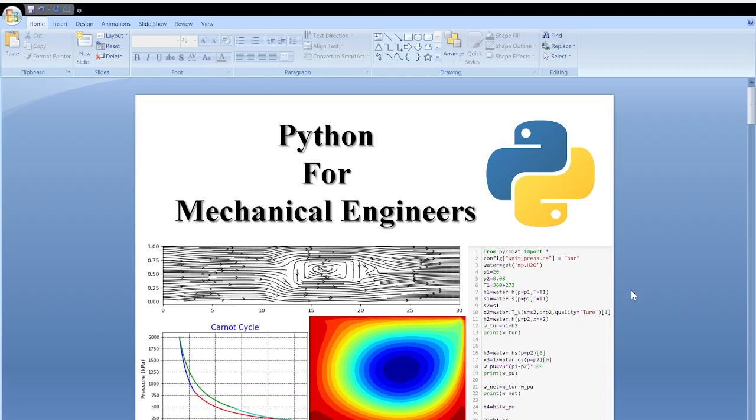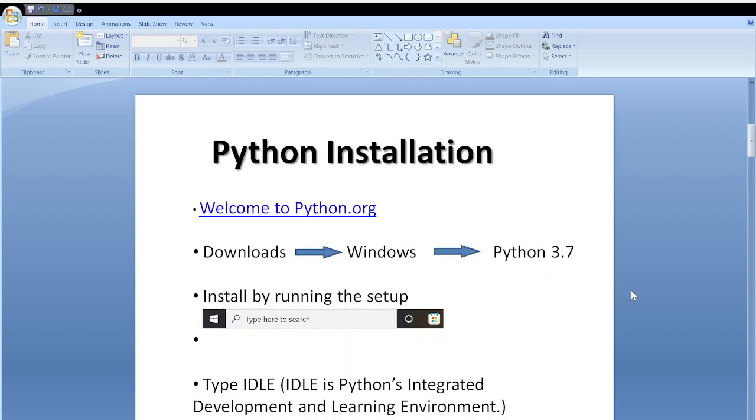It has a huge library for scientific computations like SciPy and NumPy, and these are very strong. So, without wasting any time further, let us begin to understand how we can install Python.